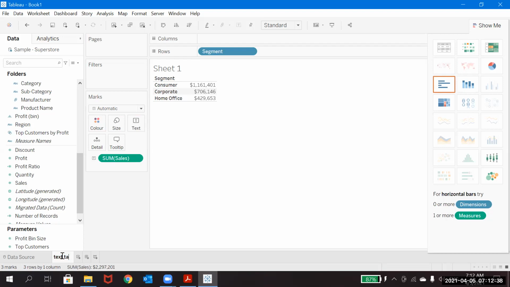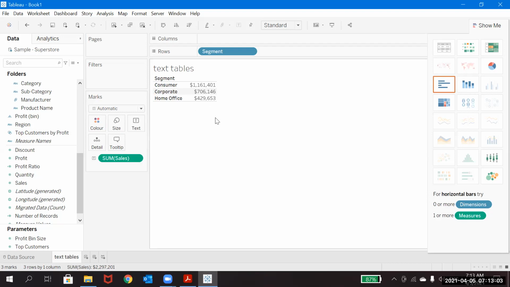For this, you need at least one dimension and one measure. See, this is the dimension and this is the measure. If you observe, what I did is I kept segment and sales in the columns. But the moment you clicked on the text table, segment moved to rows and the value moved to text.